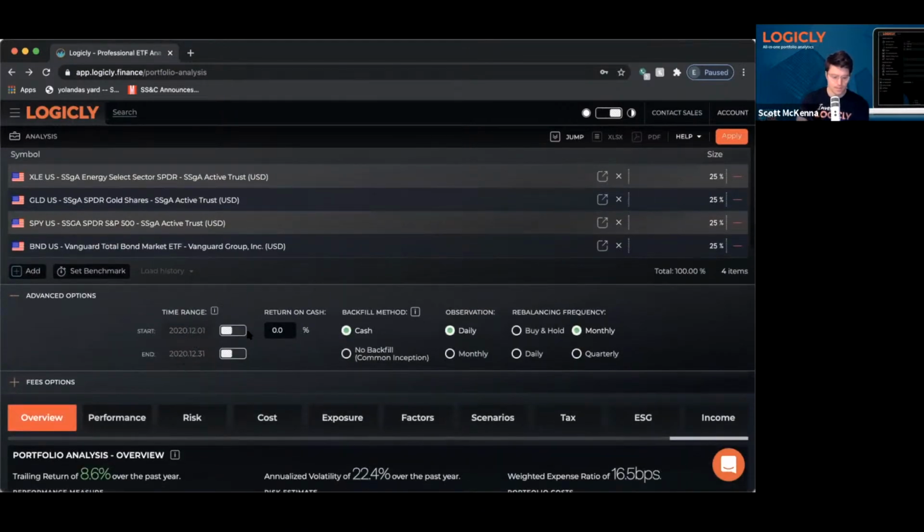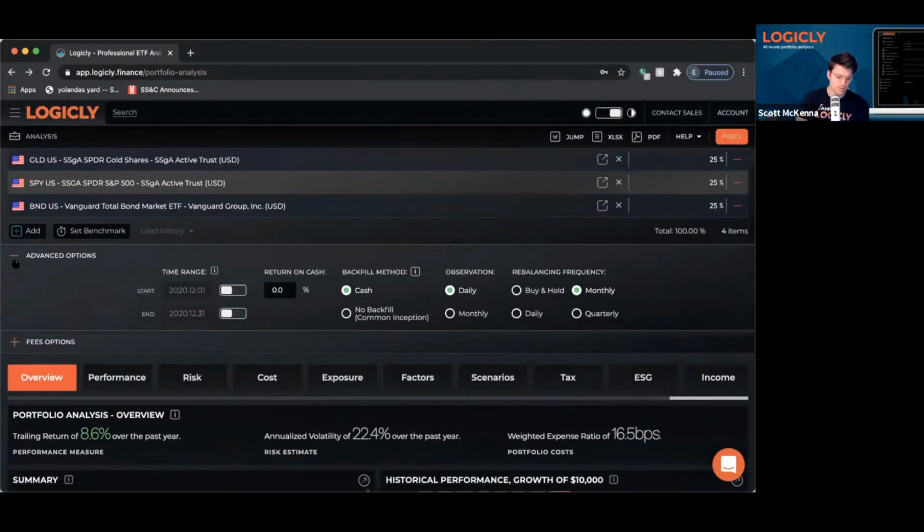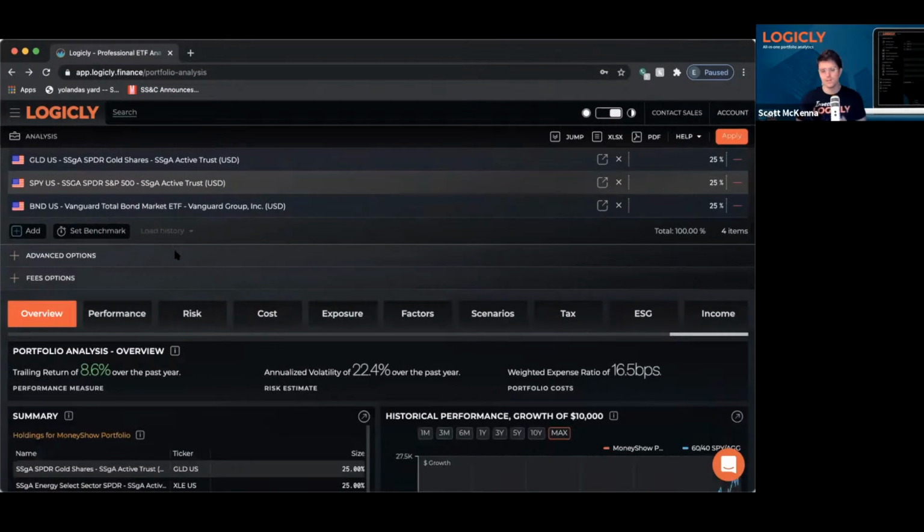You can put a custom time range for this portfolio. You can put a return on cash, as well as rebalancing frequency or observation. Those are all different ways that you can make it more representative of what you're doing, right? How often you're rebalancing, things like that.